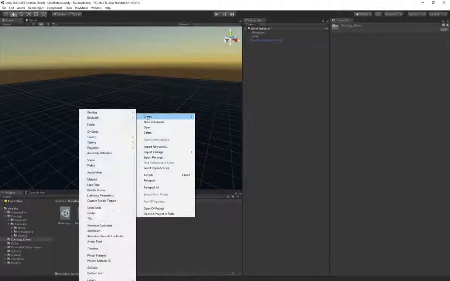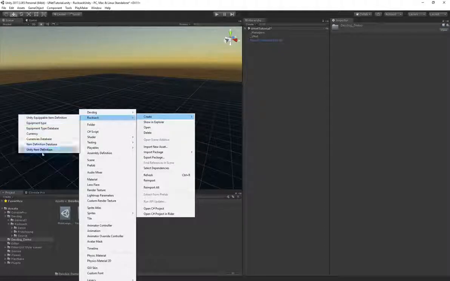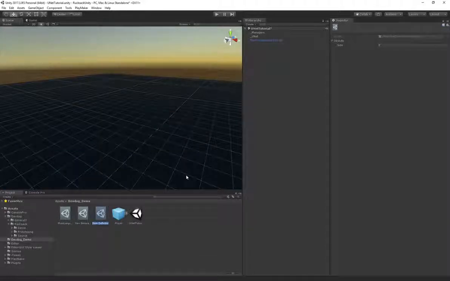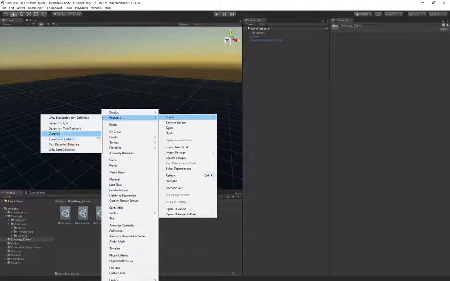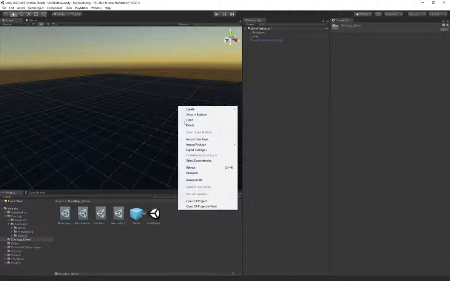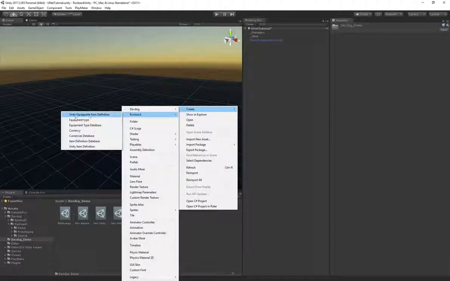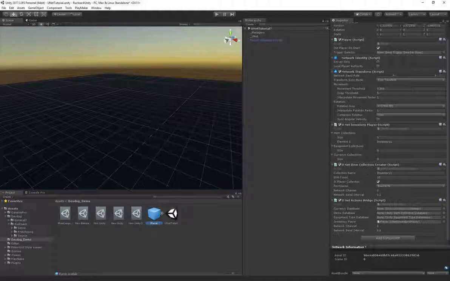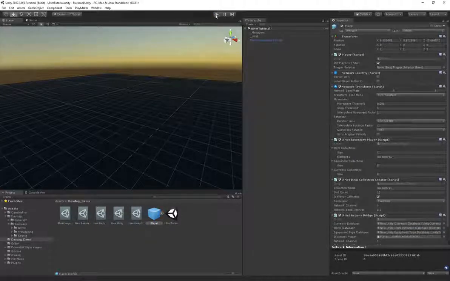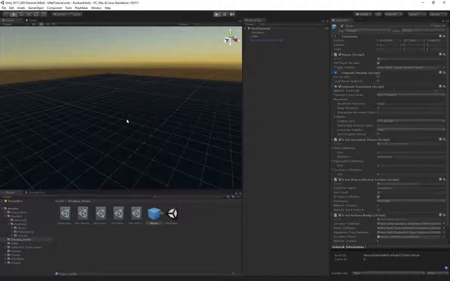So go to create, and then rucksack, and then we'll create an item definition database. Create rucksack and a currencies database, and we also need the last one, the equipment type database. So we'll go back to our player prefab and we'll link all of these up. There we go. So we've got these linked now, and if I start the game now, it should start with the instantiated player